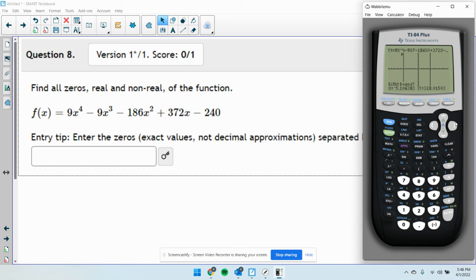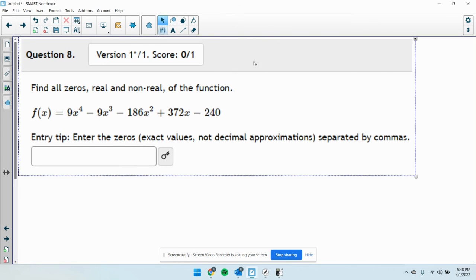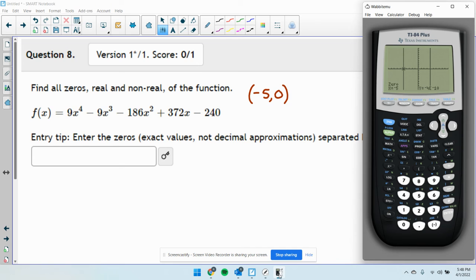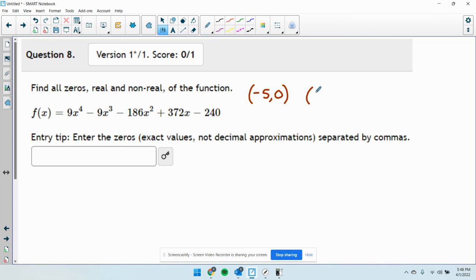But if I hit left bound to the left of negative 5, right bound to the right, it gives me the first one. This is saying negative 4 times 10 to the negative 10. That's basically just, whenever you see that, that just means 0. So this point is negative 5, 0. For these types of problems, you should just be able to tell really by looking at the graph, they're not going to give you decimal x-intercepts. And you can do it again here, but this is going to be 1, 2, 3, 4. This looks like positive 4,